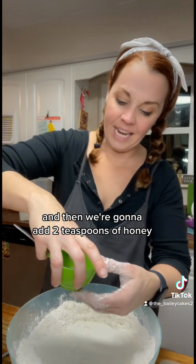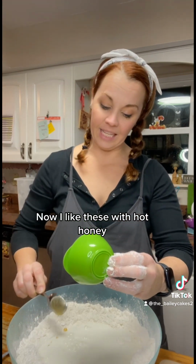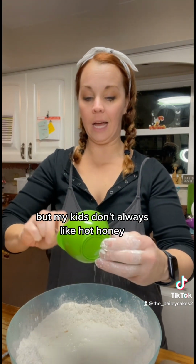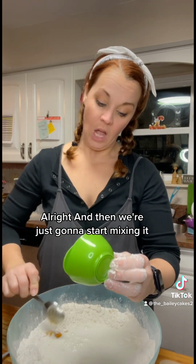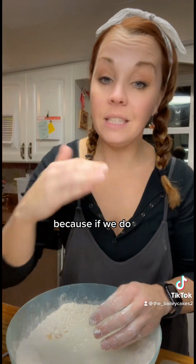And then we're gonna add 2 teaspoons of honey. Now, I like these with hot honey, but my kids don't always like hot honey, so we're just gonna use regular honey today. All right, and then we're just gonna start mixing it. We're not gonna over mix it because if we do,